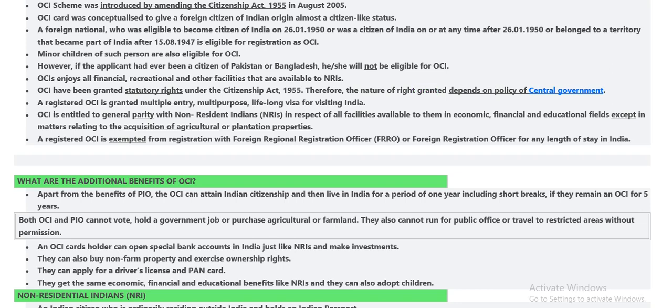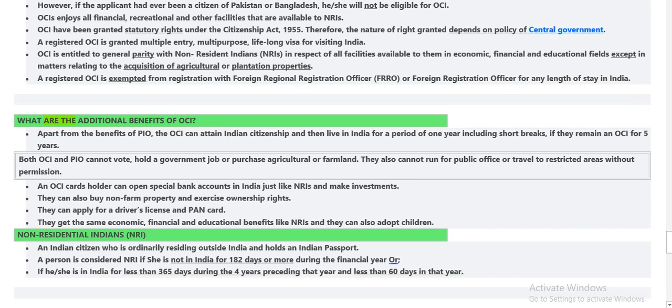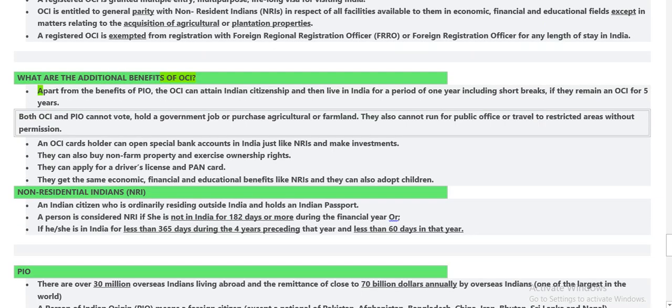OCI holders have been granted statutory rights under the Citizenship Act, 1955. Therefore, the nature of rights granted depends on the policy of the central government. A registered OCI is granted a multiple entry, multi-purpose, lifelong visa for visiting India. An OCI is entitled to general parity with non-resident Indians, NRIs, in respect of all facilities available to them in economic, financial and educational fields, except in matters relating to the acquisition of agricultural or plantation properties. A registered OCI is exempted from registration with the Foreign Regional Registration Officer, FRRO, or Foreign Registration Officer for any length